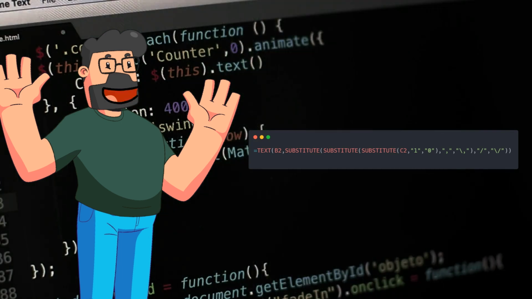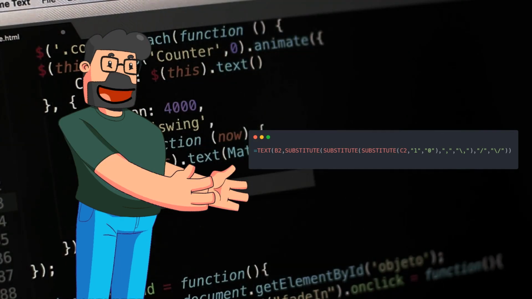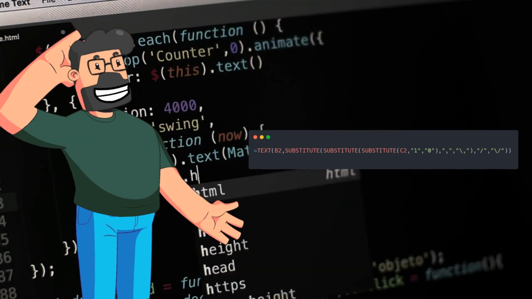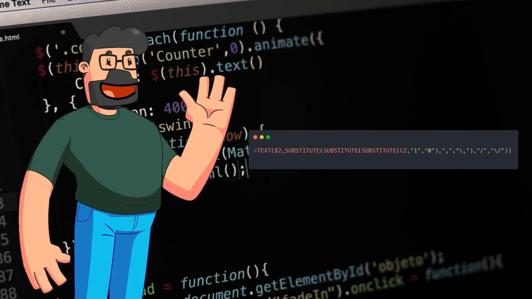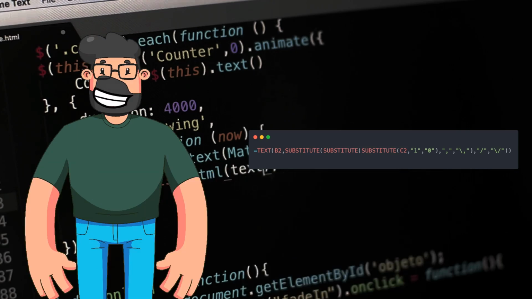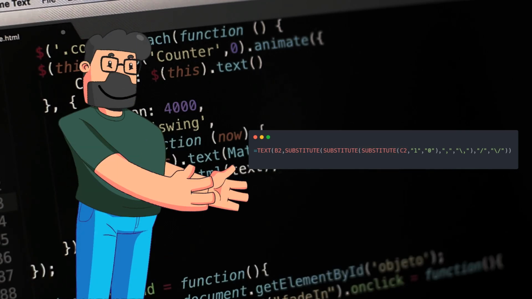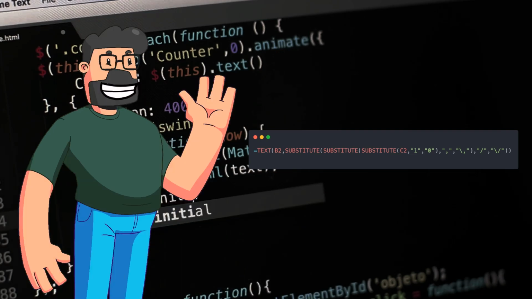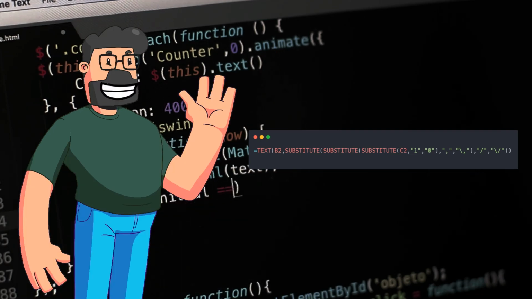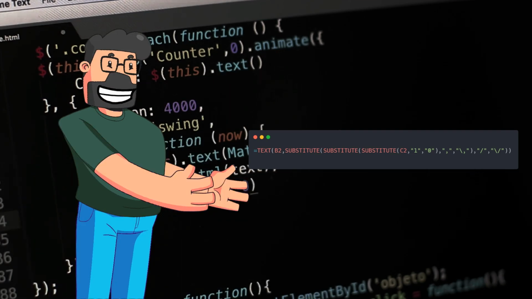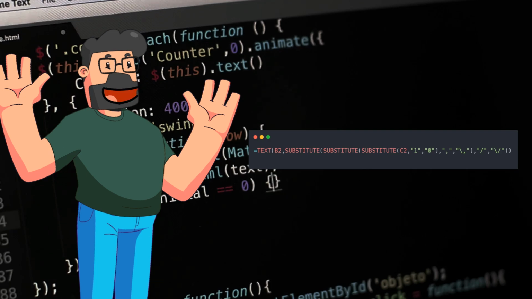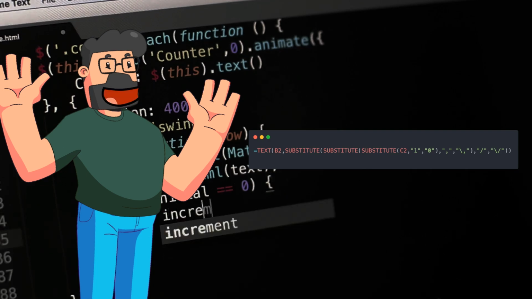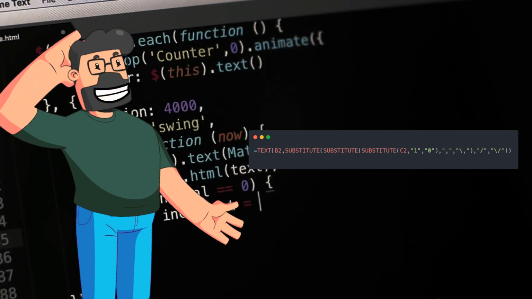Now, let's delve into the first part of the solution. The key lies in using the formula =TEXT(B2, SUBSTITUTE(C2, 1, 0)). This formula transforms the input data in B2 based on the format string in C2. By replacing placeholders such as 1 with 0 and escaping special characters, the formula ensures the correct arrangement of elements in the output. This precise manipulation of the input data guarantees the desired formatting outcome, resolving the issue you